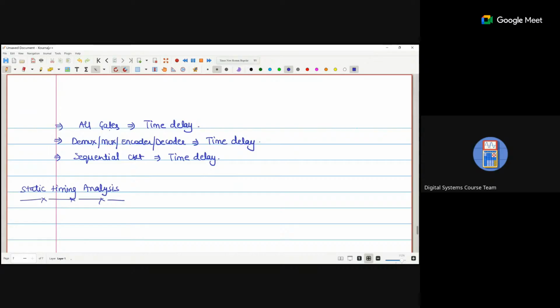So basically, static timing analysis is that for every gate we have a delay. So static timing analysis basically provides an analysis of